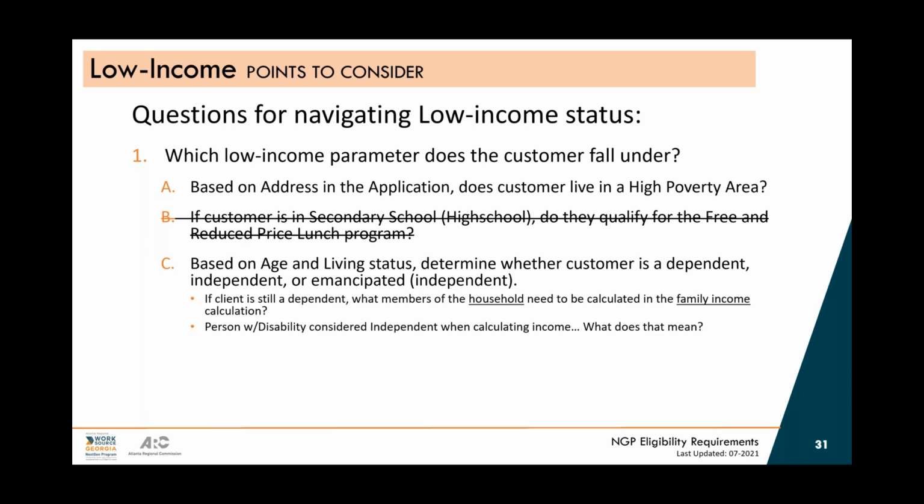So if you're able to prove that they have a disability, then you can utilize only their income to prove that they're low income. But that's kind of a catch-22, because if someone has a disability and you can prove it, then you don't need low income because they qualify under disability. Okay.